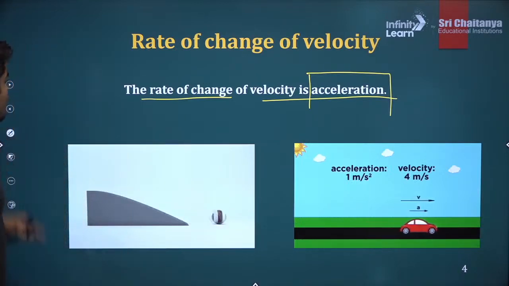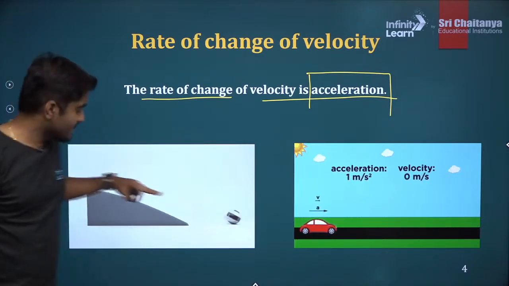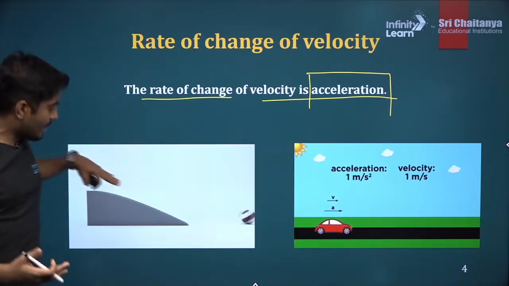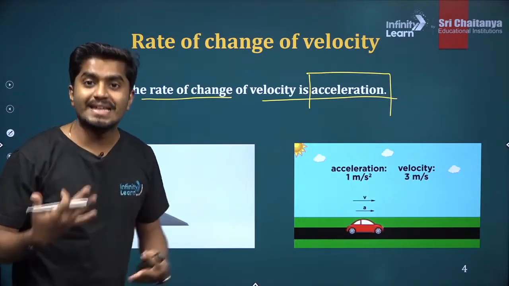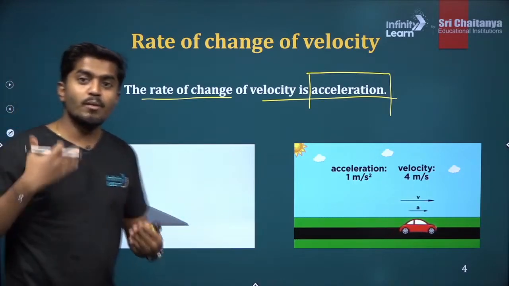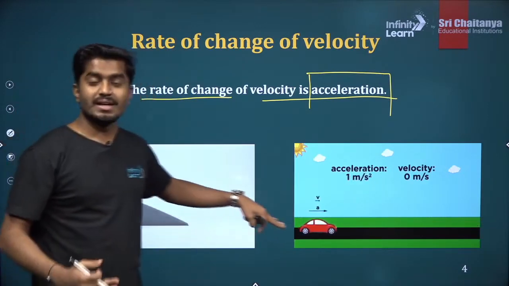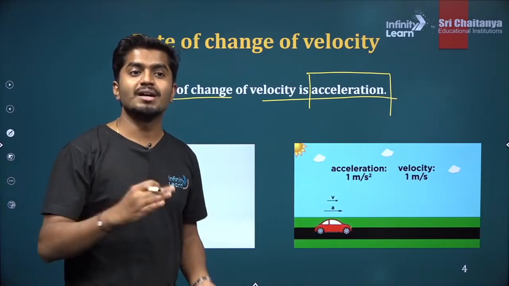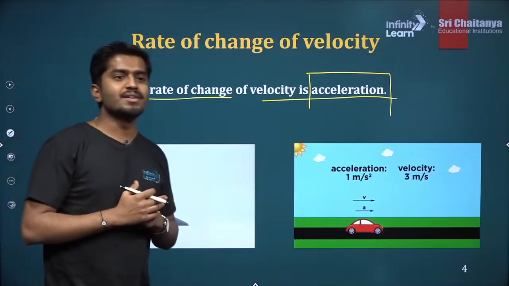Now you see here this ball is moving at a very slow rate. It is just dropping from this point. Earlier the initial velocity is almost zero, but as the ball is coming down, the speed will keep on increasing. Why? Because there is an accelerated motion. So what acceleration does is it increases the speed, right? We are going to learn when acceleration can also slow down the speed. So wait for a couple of minutes. Yes, we are going to learn all these different cases.